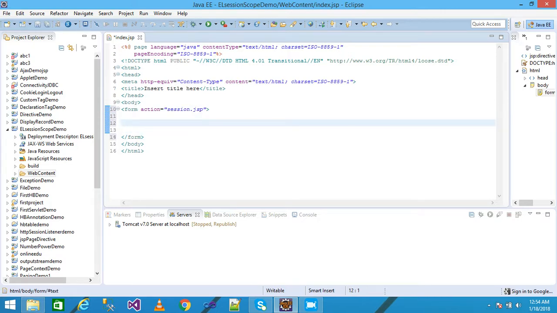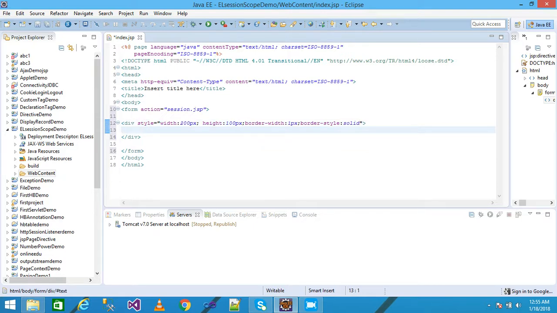Here I am taking a div tag with inline CSS style: width 200 pixel, height 100 pixel, border width 1 pixel, and border style solid. Okay, and simply write here, enter the